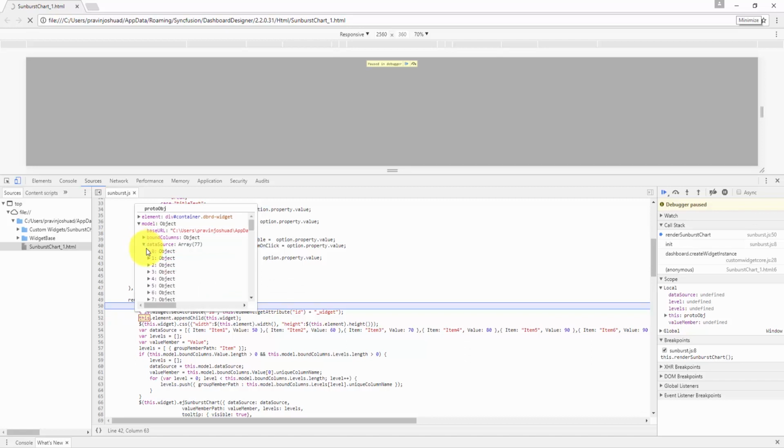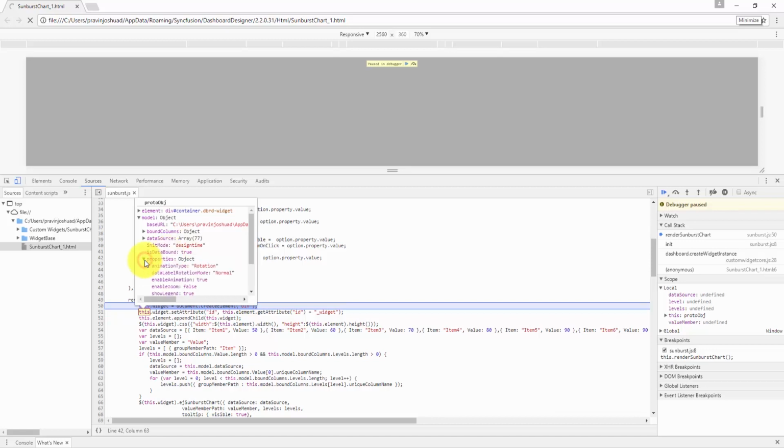Data source is the complete list of data in the JSON format. Init mode shows the current state of the widget. There are 3 possible values. One is the design time, that is when the widget is being configured in the Dashboard Designer. The second one is the runtime, that is when the widget is being viewed in the dashboard viewer. The third one is export, that is whenever a widget is exported from the dashboard viewer in any of the available formats. This data bound represents if the data is being bound to the widget.